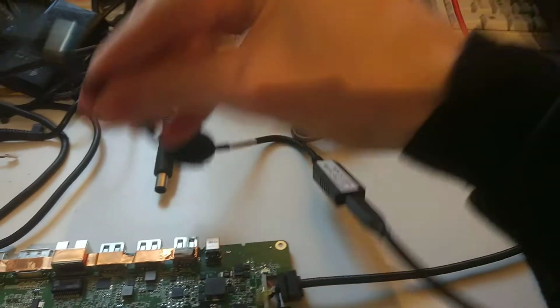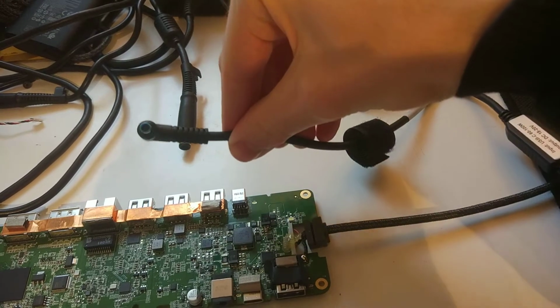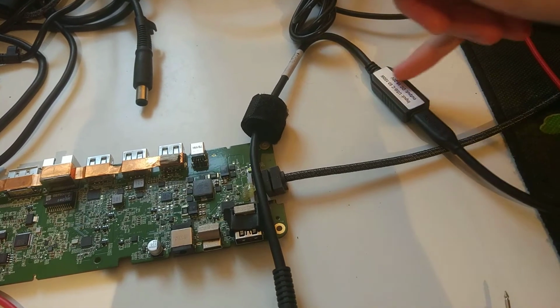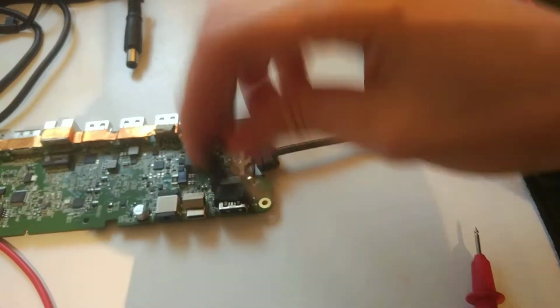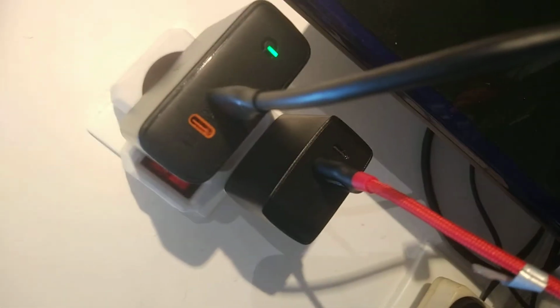I tried to measure the voltage on the adapter to Type C to 4.5 millimeter, but I fried something inside the chip. Because over here you have a power delivery compatible chip, because you need a charger, a cable, but also the adapter has to be compatible with power delivery for it to have 20 volts. For example, if I try the other port, even though it says power delivery on the top port and the bottom one is supposed to be, I guess, quick charge, this one doesn't deliver